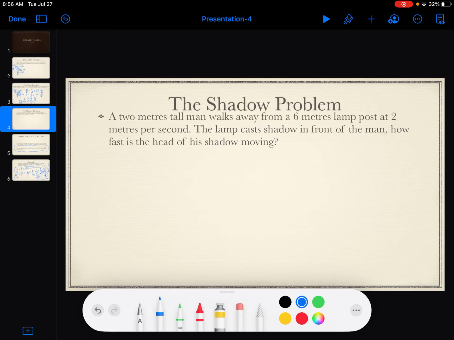Hey guys, I'm back with another related rates problem. This time we'll be going through the shadow problem. The shadow problem is one of those problems that is usually considered by people taking calculus for the first time. It's a very complicated problem